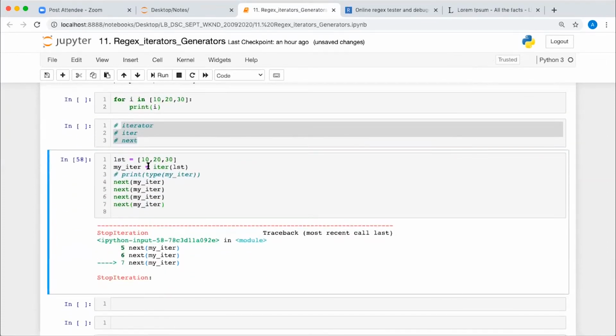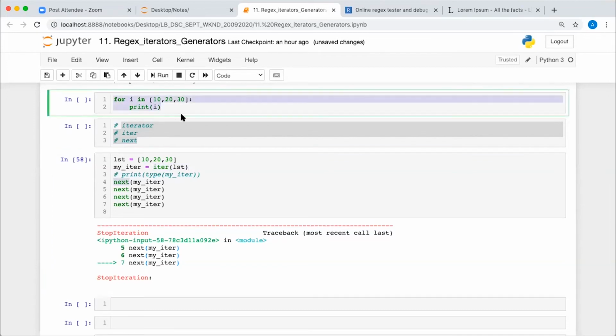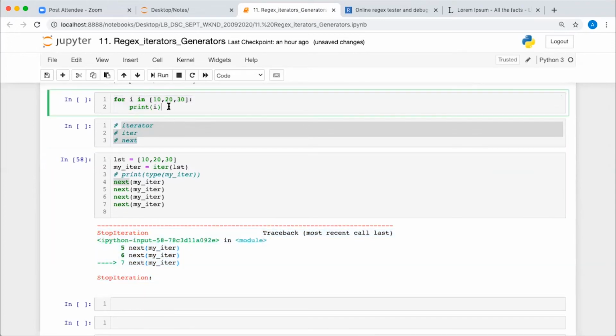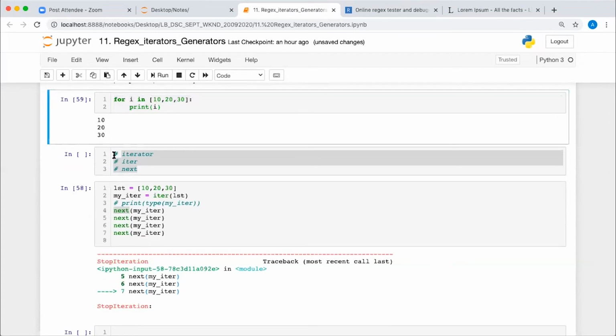So whenever you run the loop, first an iterator object is created with the iter method, and then with the next method every element is fetched. The loop is designed like that. When the sequence is exhausted and there is no further element, it raises the StopIteration error like it is raising here. But since the for loop is designed to handle the StopIteration error, we don't get any error, we just get the result 10, 20, and 30.